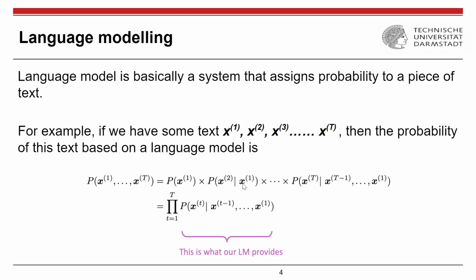And then when you multiply them together, what you obtain is the joint distribution of that particular series of text, that is, "the students open their book". So what you are doing is breaking them up into individual units, and then using the conditional probabilities, multiplying them together to get the joint distribution. That is what a language model gives you. It gives you the probability of this sequence. How likely can you find this sequence in your corpus?